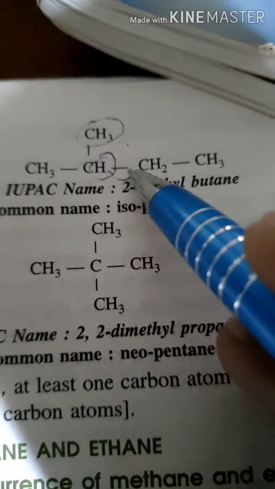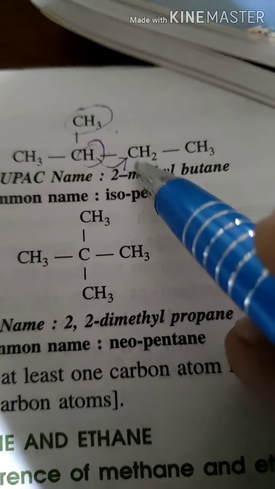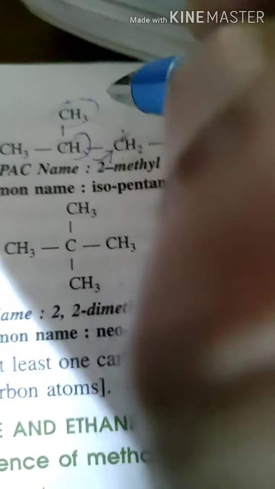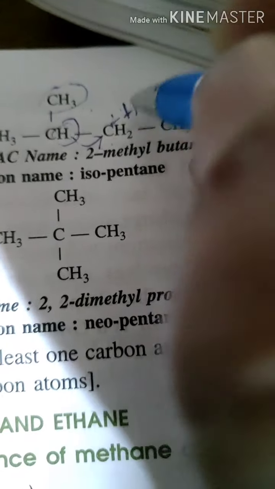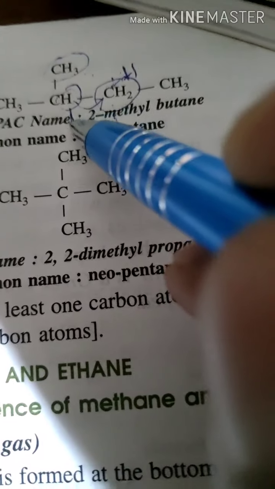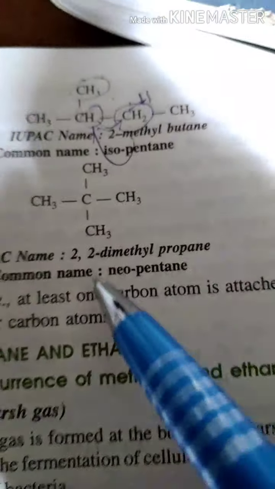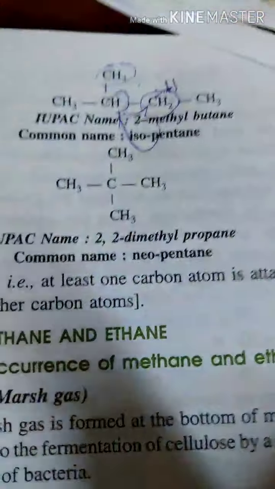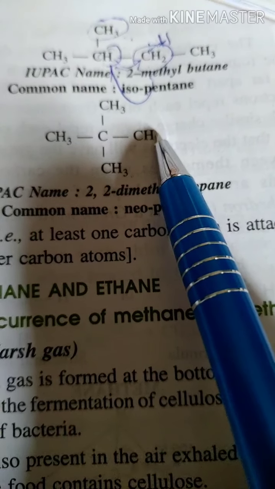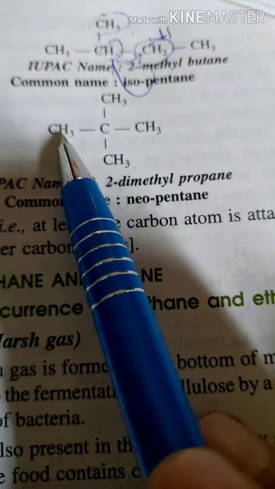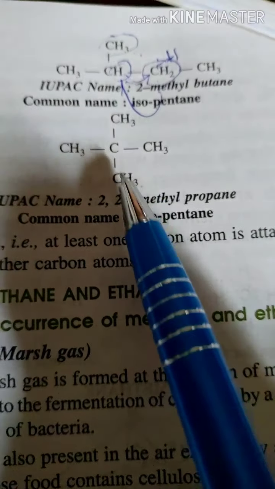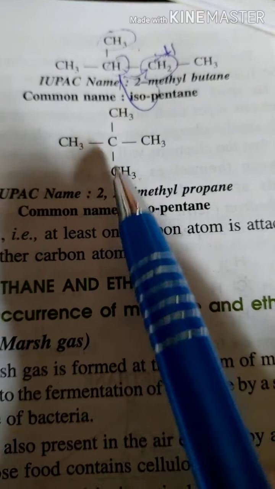If I move it towards this carbon atom, it will form another CH3 by addition of one hydrogen. Now this CH3 will move towards here. Here you see, what will be the name? It will be 2, 2, because 1 2 3 we will move straight. If I move this way also, it will be the same. Straight, 1 2 3, means in the second position 2 methyl groups are there, so it will be named as 2, 2